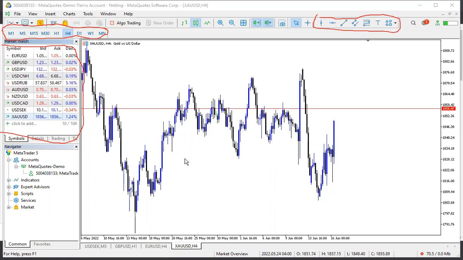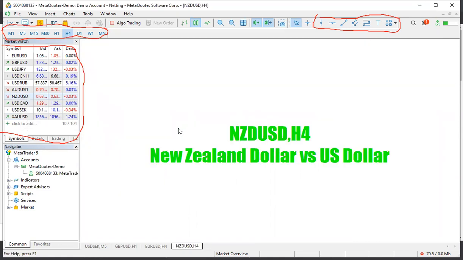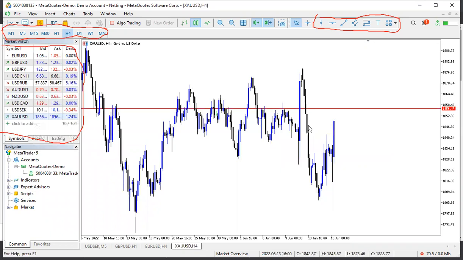You see, I can move any currency pair that I want to the chart. So if you want to see what is going on in any market or any currency pair, you can just click and drag the currency pair into the chart, then drop it and it will load. As soon as it loads, the chart will display where the currency market is at that moment. So now we have gold